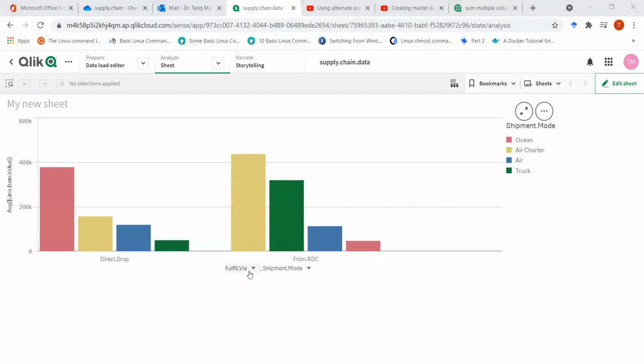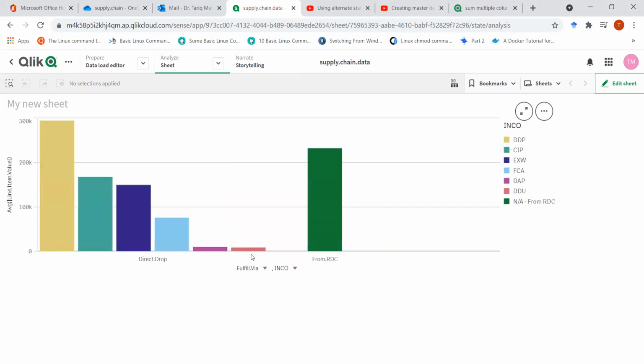So in the default case, I have this. If I select INCO here, I can either select INCO from here, or I can select INCO from here, because one of them is the group and the other one is the bar. So if I take the alternative dimension, I can add that either in the group field or in the bar field. If I add that here, for example, in the bar field, which is the shipment mode, you can see that now it has changed.